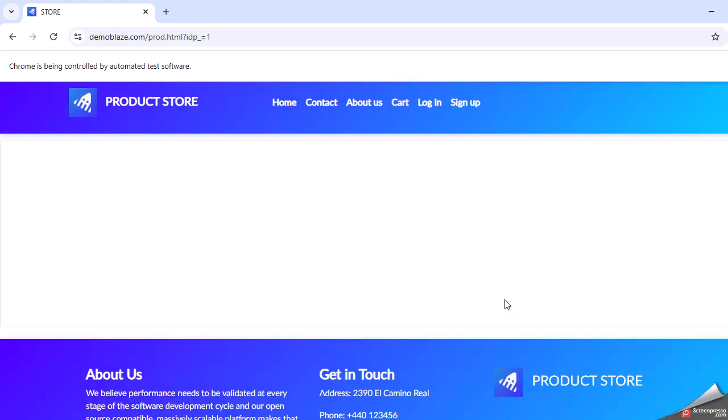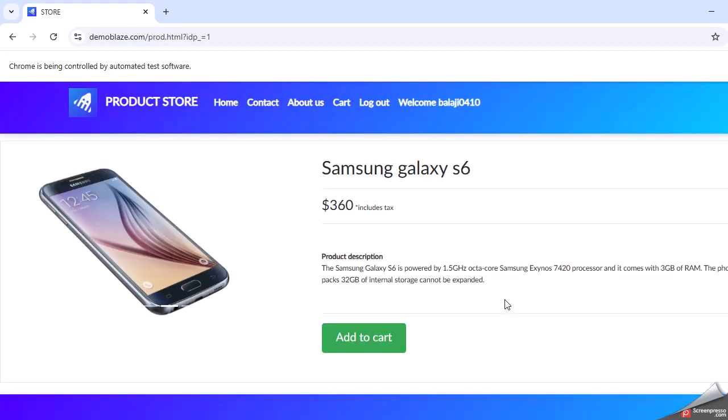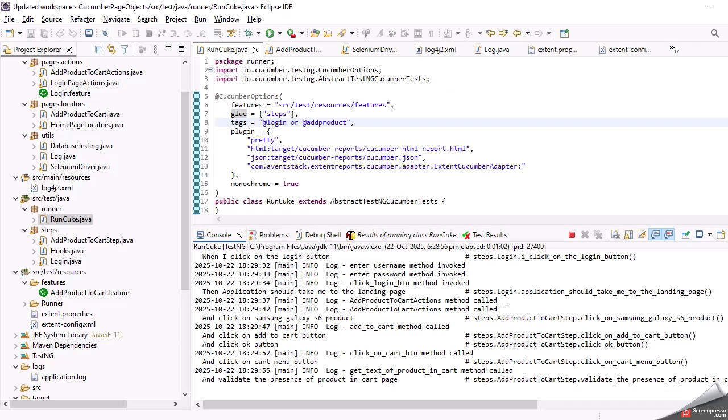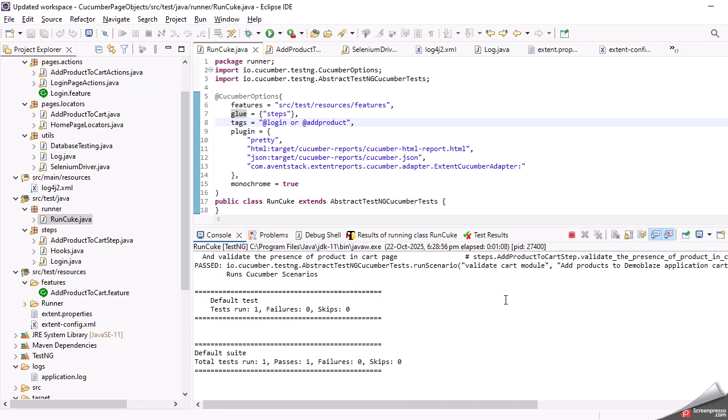Click the Samsung Galaxy S6 product. Click add to cart. Accept the alert and click the cart link on the top menu, and we are taken to the cart page. Validation of the product is done. The first feature is done. The second feature,